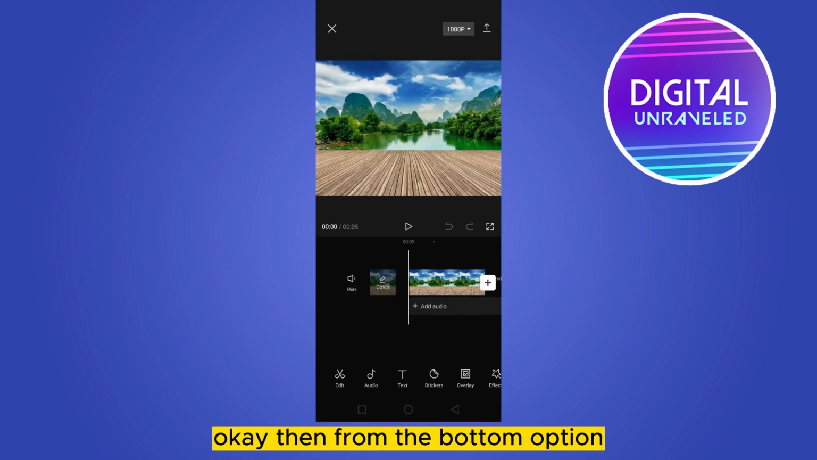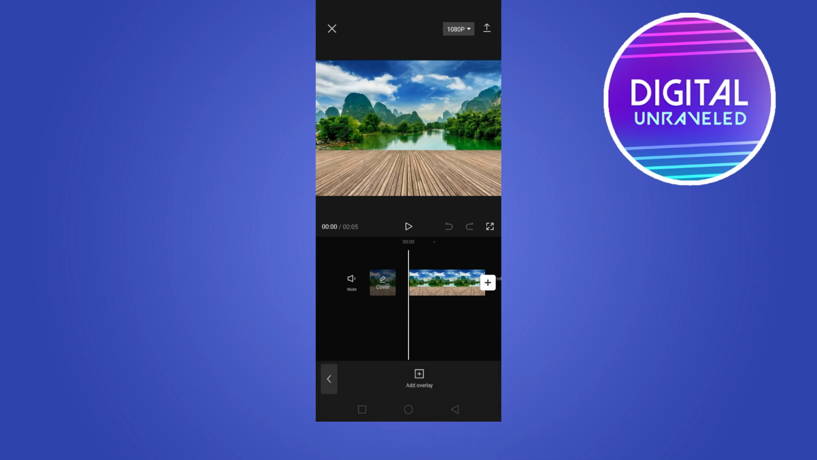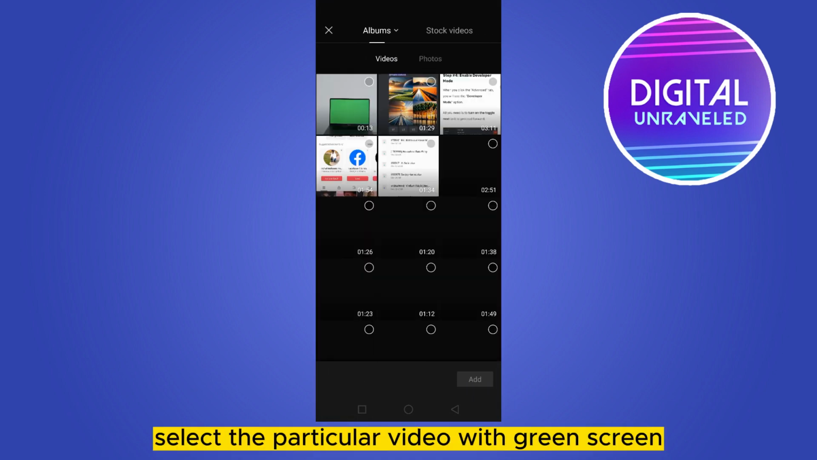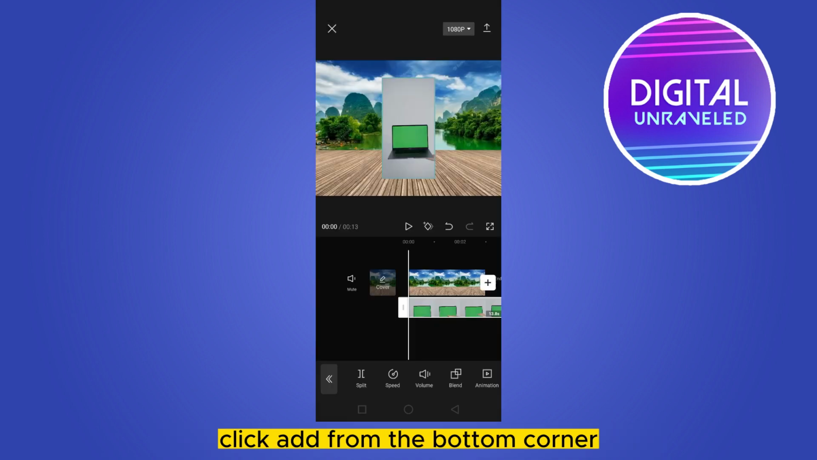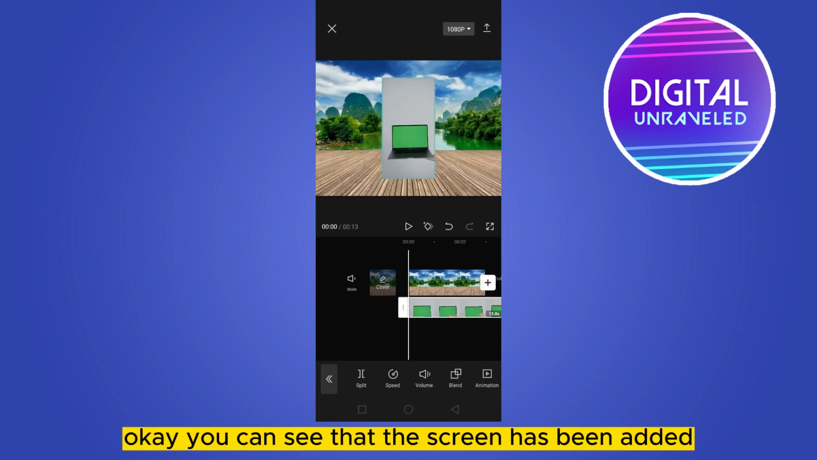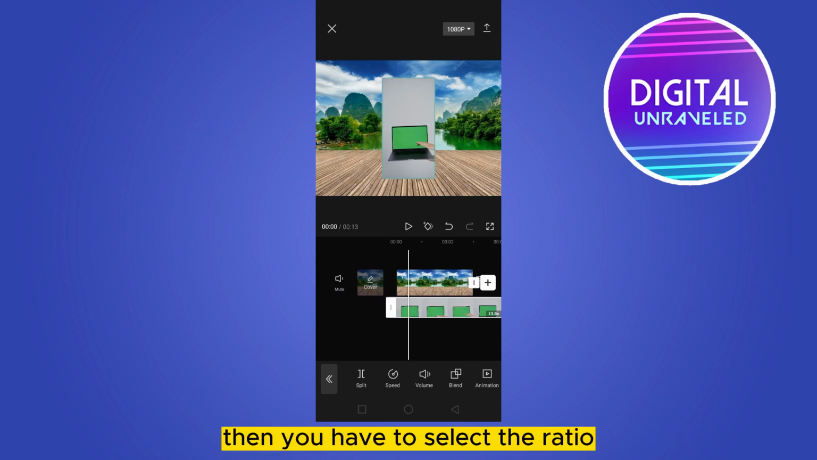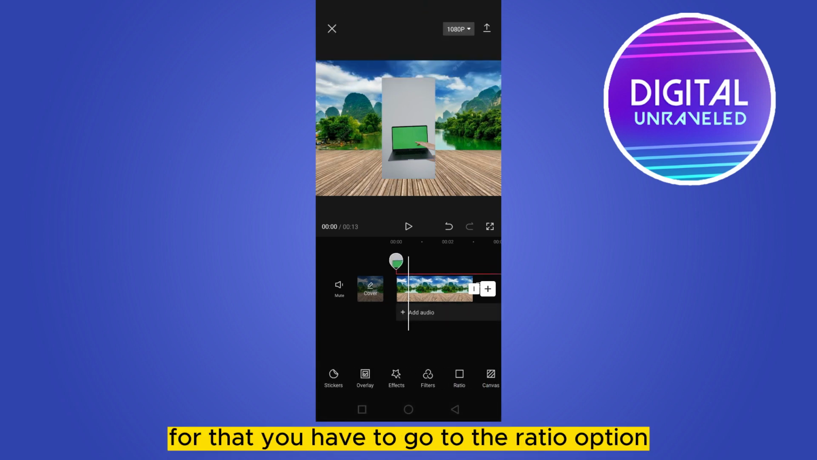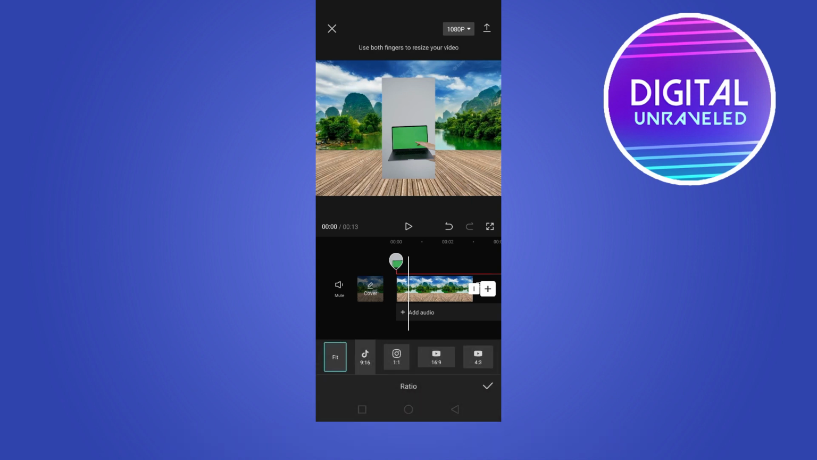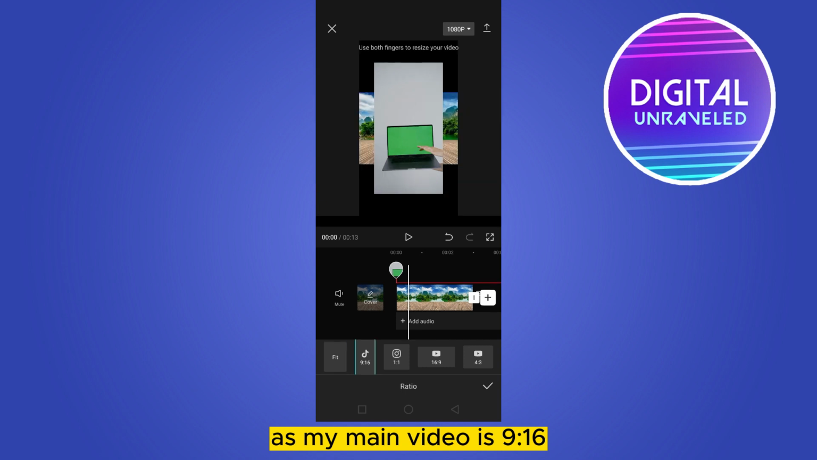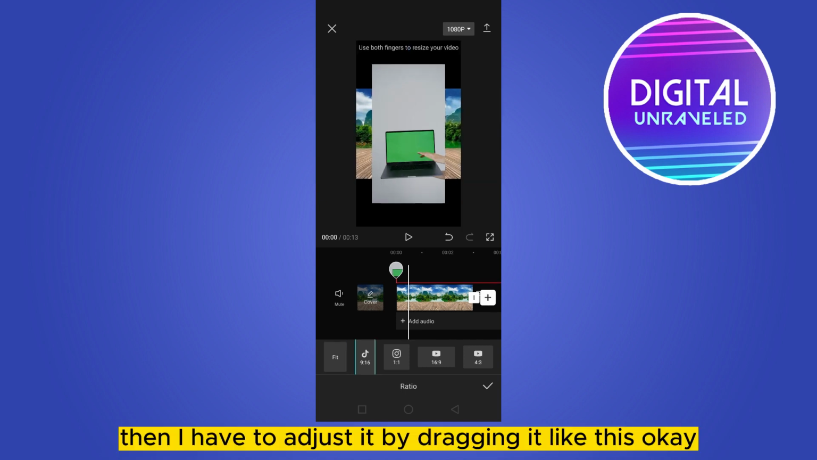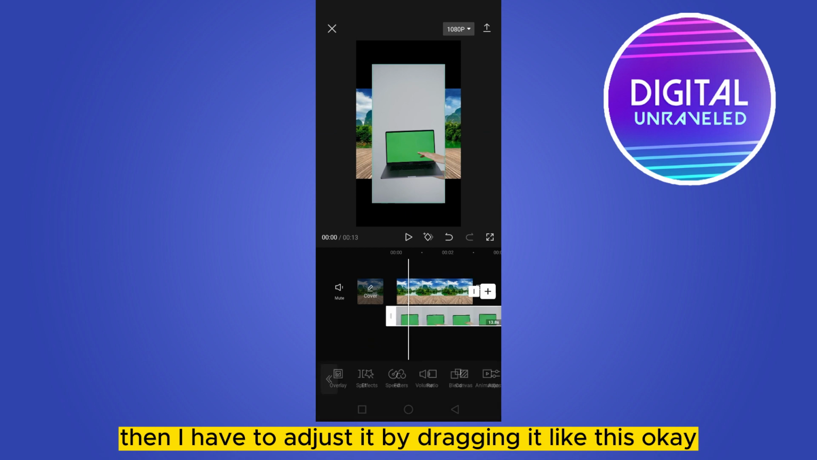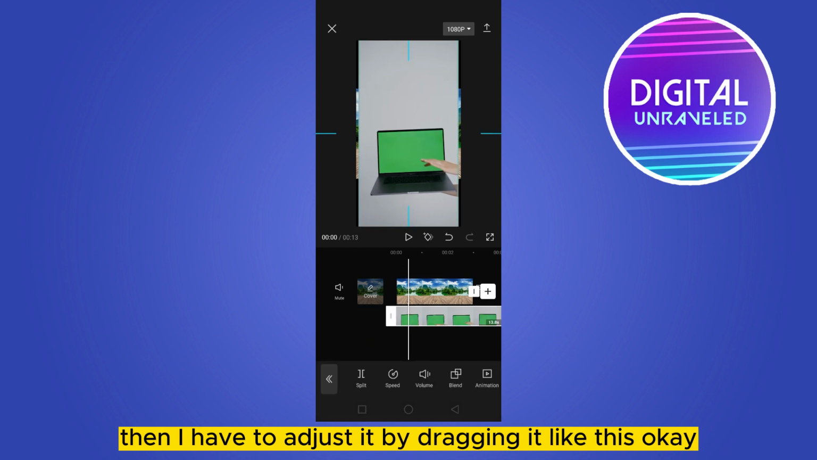Okay, then from the bottom option, click on the overlay option, click add overlay, select the particular video with green screen, click add from the bottom corner. Okay, you can see that the screen has been added. Then you have to select the ratio according to the video size. For that you have to go to the ratio option, make it 9:16 as my main video is 9:16. Then I have to adjust it by dragging it like this. Okay,